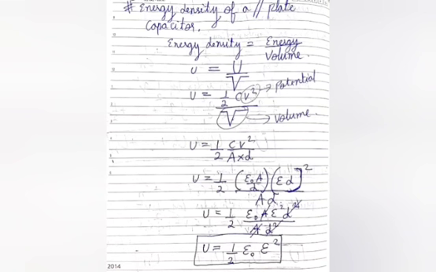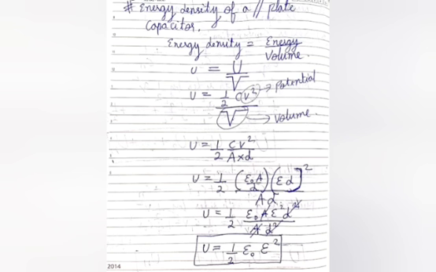Now let us study one more topic which is related to energy. It is energy density of a parallel plate capacitor. As we know, density is always mass upon volume, but it is energy density, hence it would be energy upon volume. For energy density we write small u, for energy we write capital U, and for volume we write capital V. For energy we can use any expression. We have three expressions for energy stored in a capacitor. Out of that I have taken half CV square, where V is potential, divided by volume, where V is volume in the expression.